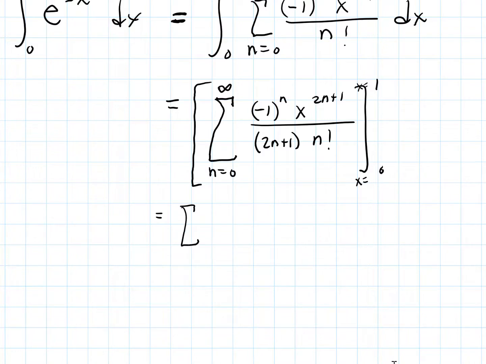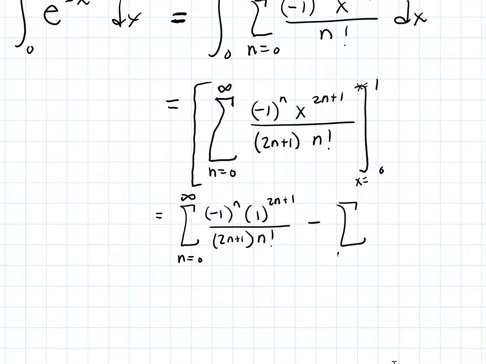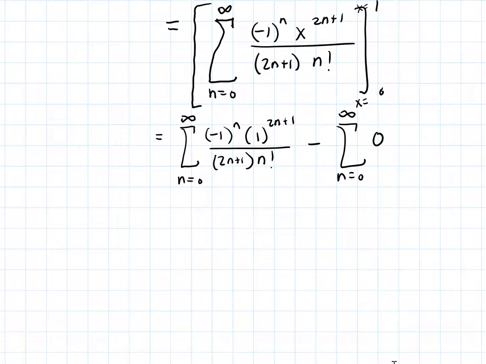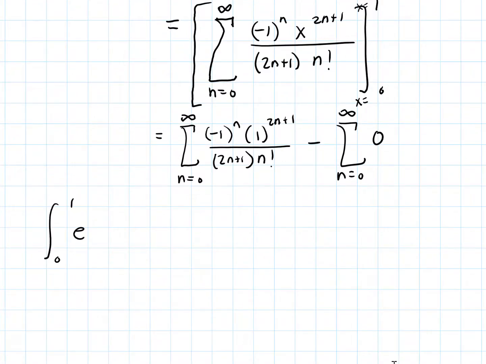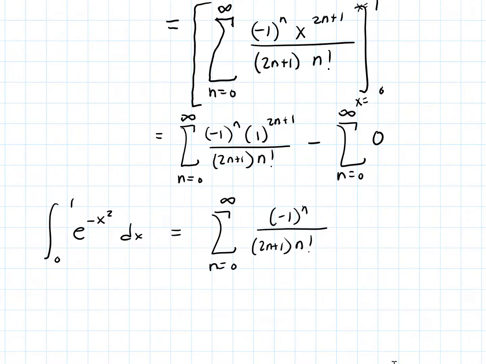So this is going to be the power series from n equals 0 to infinity of negative 1 to the nth times 1 to the 2n plus 1, but that's just going to be 1, over 2n plus 1 times n factorial, minus the sum from n equals 0 to infinity of 0. Right? All right, so this integral from 0 to 1 of e to the negative x squared dx is actually equal to the power series from n equals 0 to infinity of negative 1 to the nth over 2n plus 1 times n factorial,